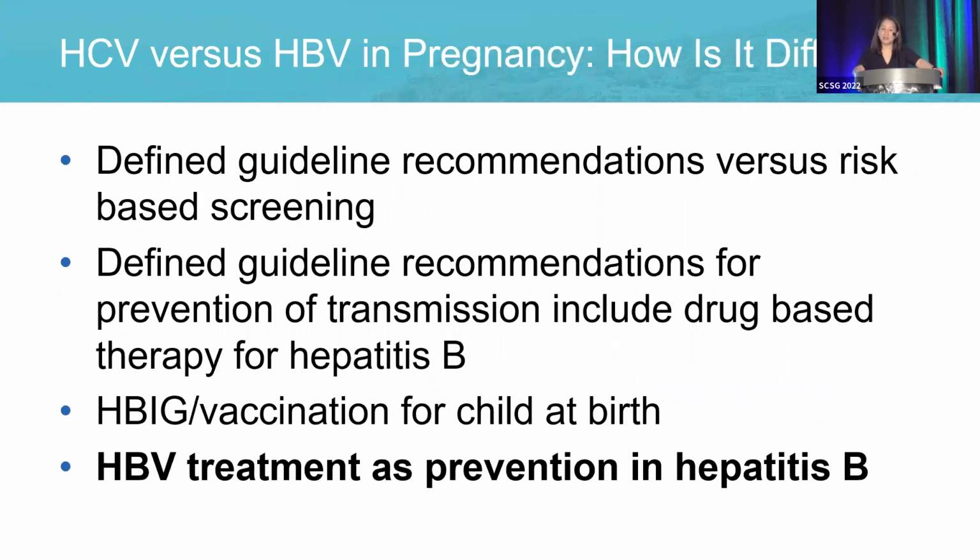Okay, so we're going to switch gears now to hepatitis B. So it's kind of interesting. A long time ago, I mentioned how you used to just check based on your risk factors. Now everyone should be checked. And what's different about B is that you're trying to prevent transmission of hepatitis B to the child, right? So we don't have any tools in our toolbox for patients with hep C, but we do have them for